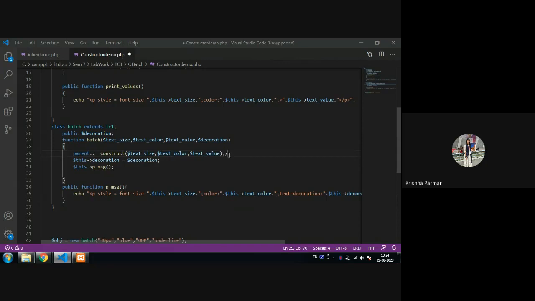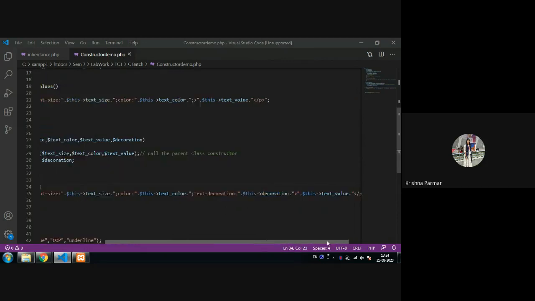Why do I have to do this? Because directly I cannot call the parent class constructor. I add my own property also, because in the child class you can use the parent class property as well as your own property. Then after I call this function, it goes directly here, and this way the entire thing works.